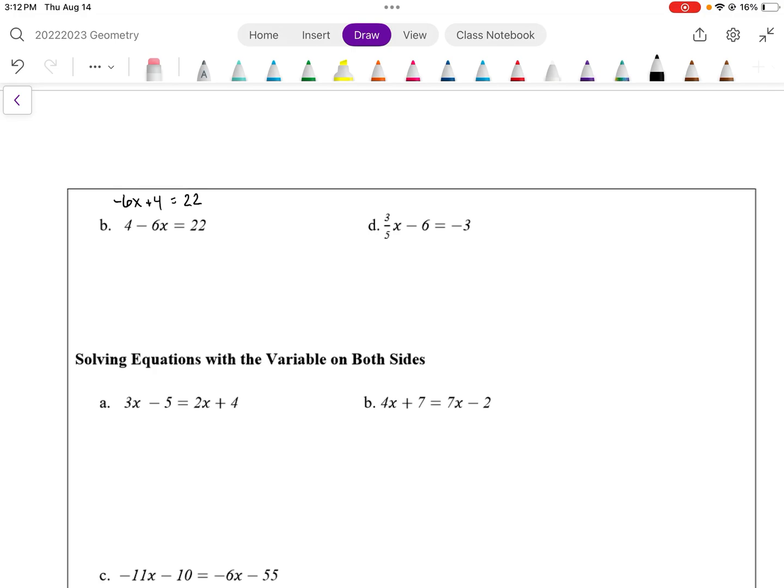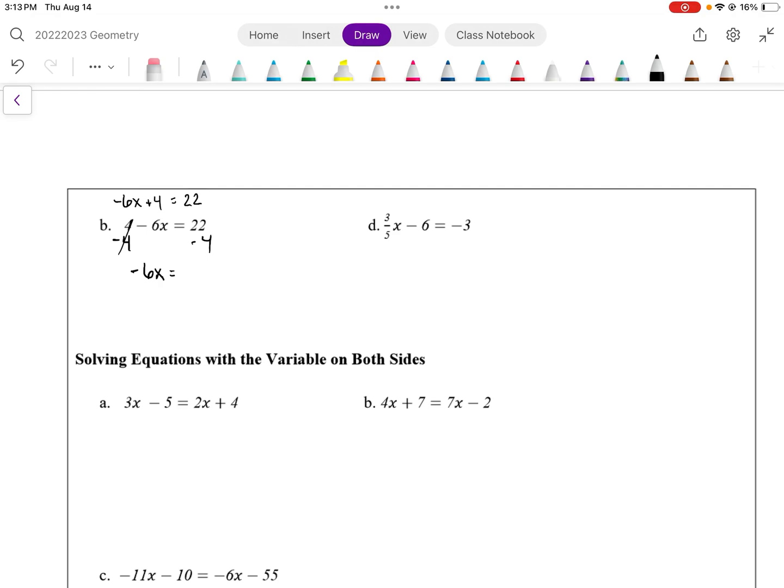Okay, but if I was solving this as it's written, I have to do the addition and subtraction first. The addition or subtraction actually happens with that 4. I can't get rid of the 6 yet because the 6 is being multiplied to the x, and I have to do that last. So we get rid of the 4 first by subtracting, even though there's not a plus in front of it. So we can subtract 4 because 4 minus 4 is 0, so now that's gone. But I still have a minus 6x